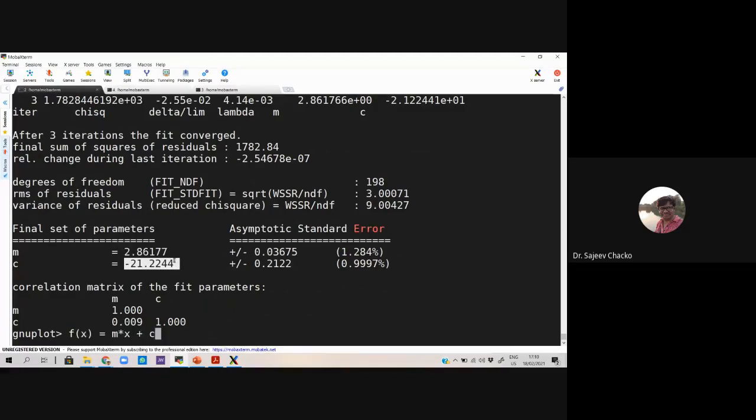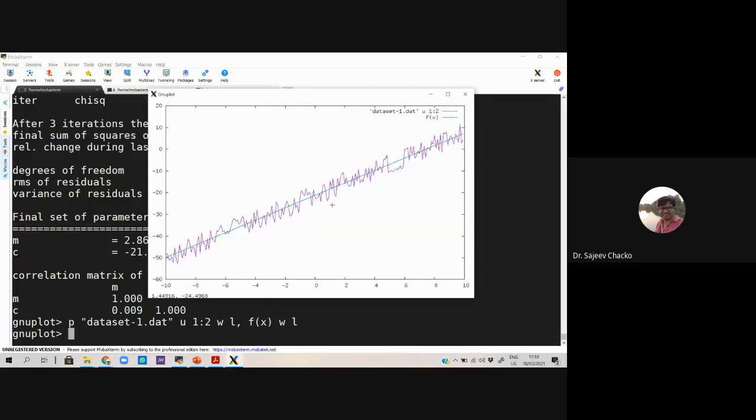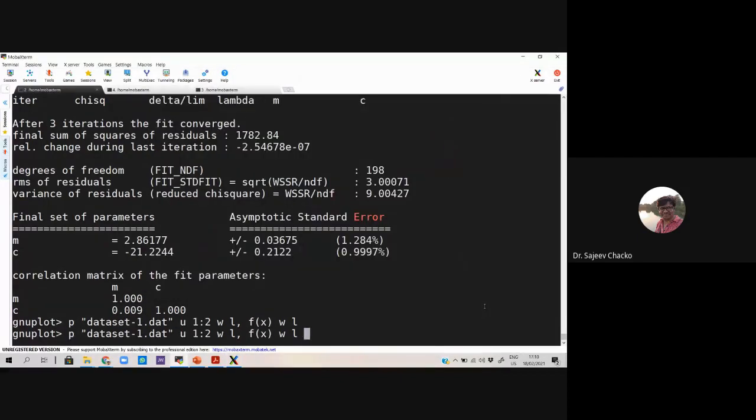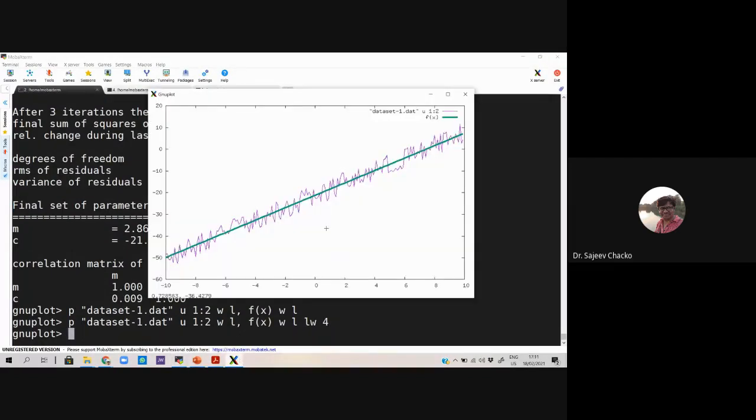Let us plot the function f of x with lines. When I do the fitting, I can get the curve. I can say line width 4, so that it becomes a bit thicker line. The same thing I can do for the original data also.